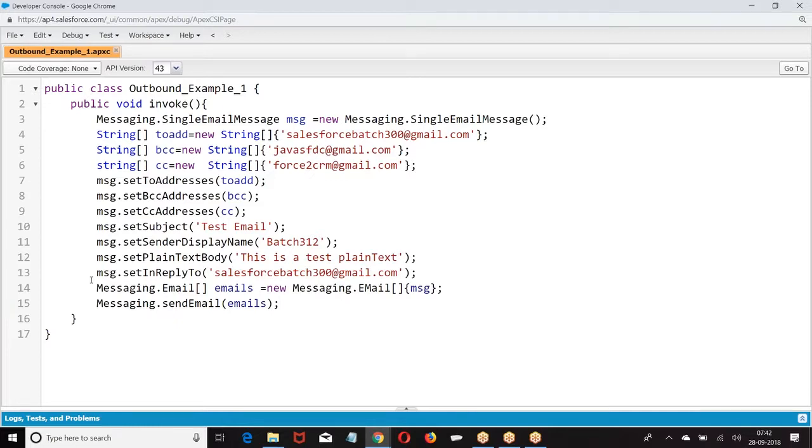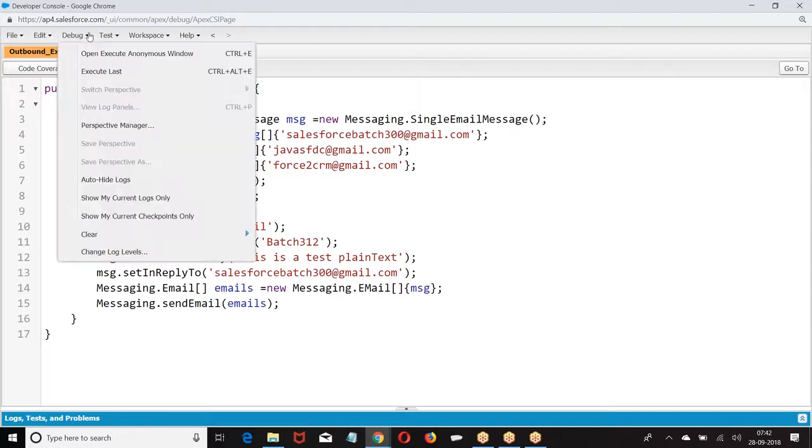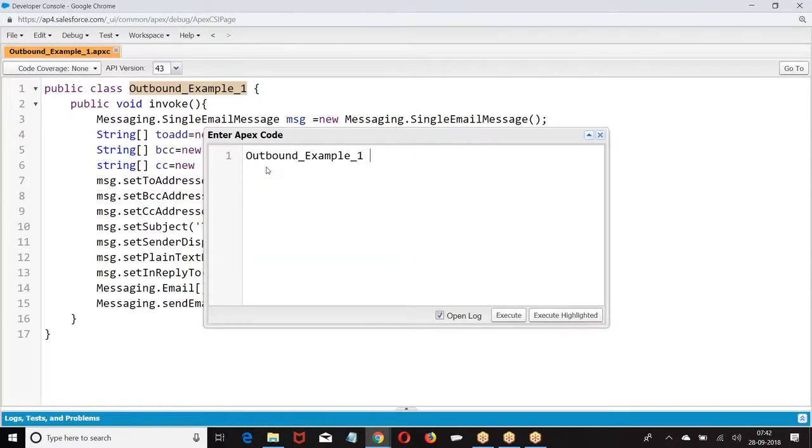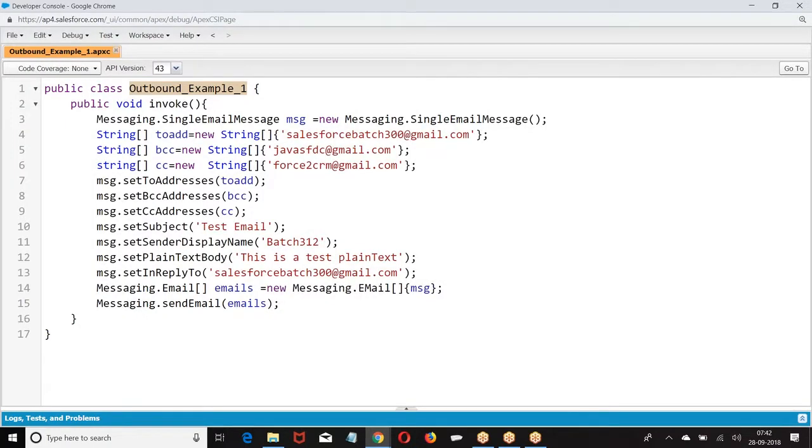If you look at this, by name itself you know: toAddress, BCCAddress, CCAddress, subject, sender display name, plain text body, in reply to, and we are creating an array of messages, send it. Now, how do you execute this? Execute.